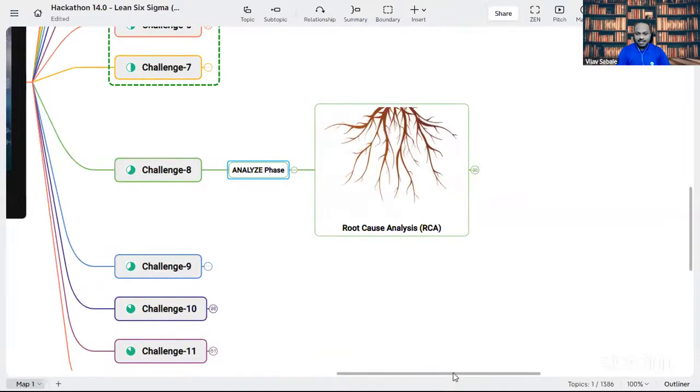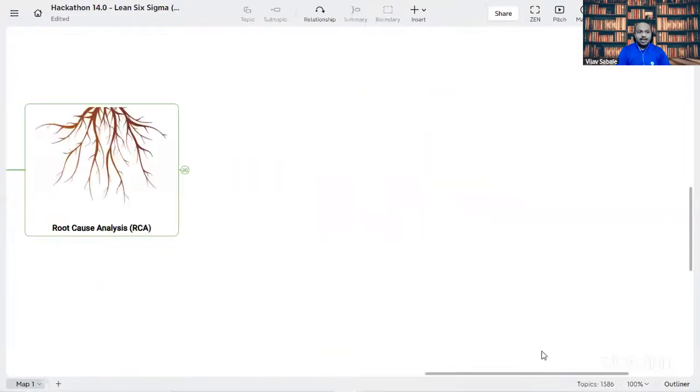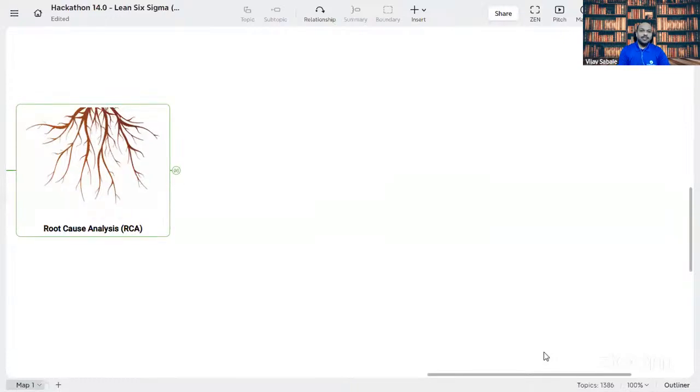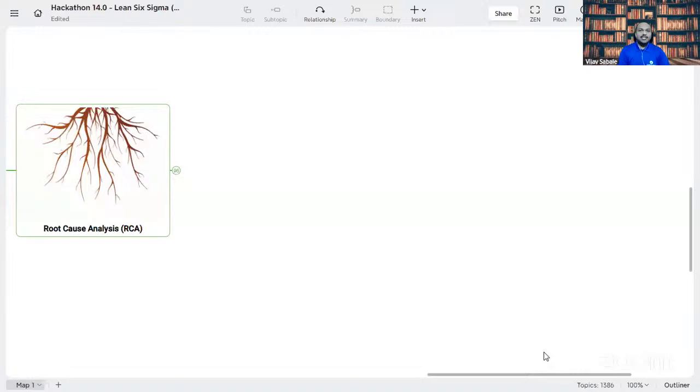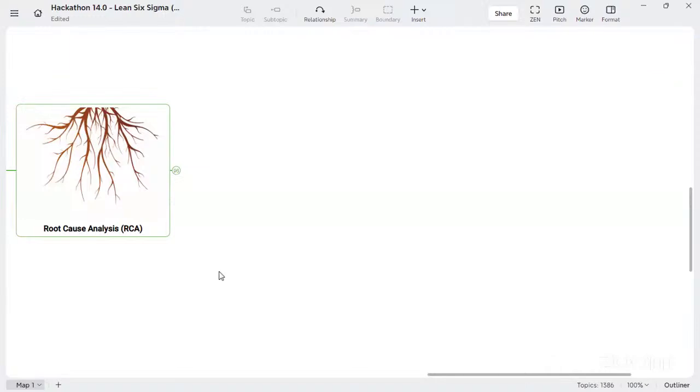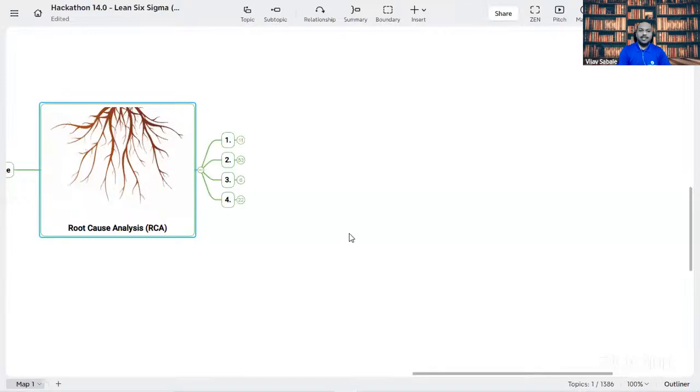As the name indicates, we already identified the significant causes, but it's very important to go into more detail and understand their root causes and fix them so that we do not have a recurrence of the problem, right? During learning of this root cause analysis, we are going to cover three important elements. In the fourth element, we are going to summarize the tasks that we need to complete as part of Challenge 8.